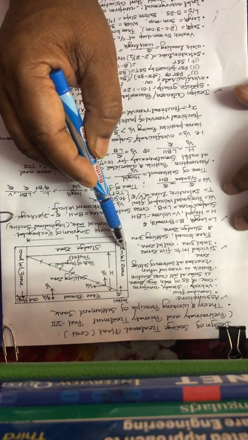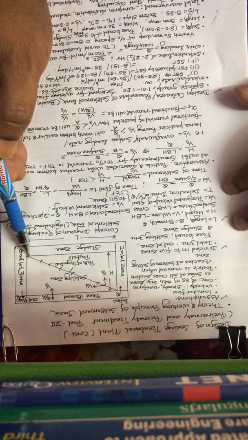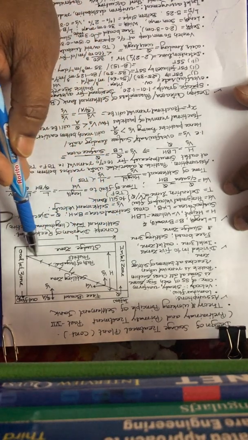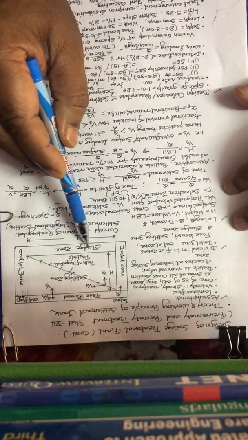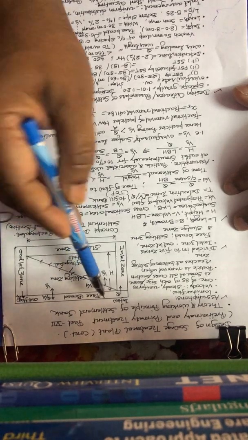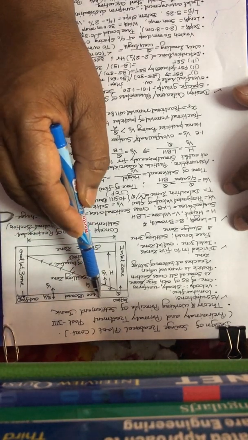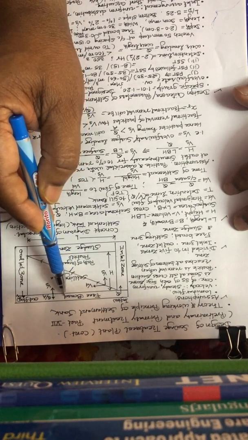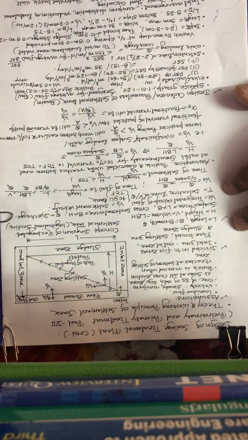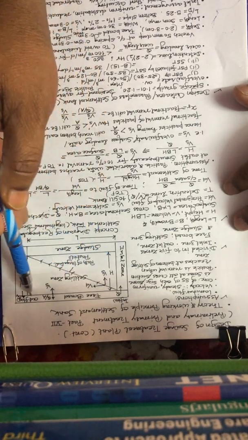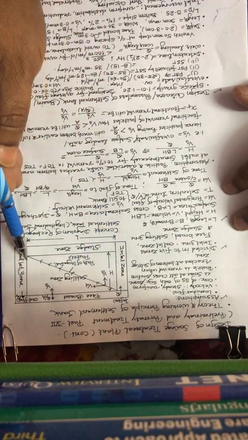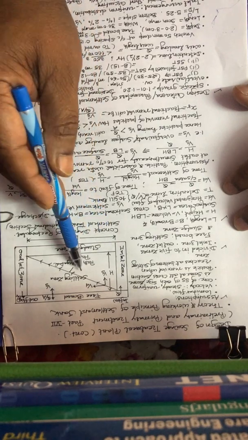At the bottom, a depth of about 1 meter or 1.2 meter or 0.8 or 0.5 meter is reserved for accumulation of sludge, that is called the sludge zone. And at the top we leave some open space, that is called freeboard, which may be 0.3 meter to 0.5 meter depending on the size of the sedimentation channel. And this area is actually the effective area of the plain sedimentation tank, and that is called the settling zone.